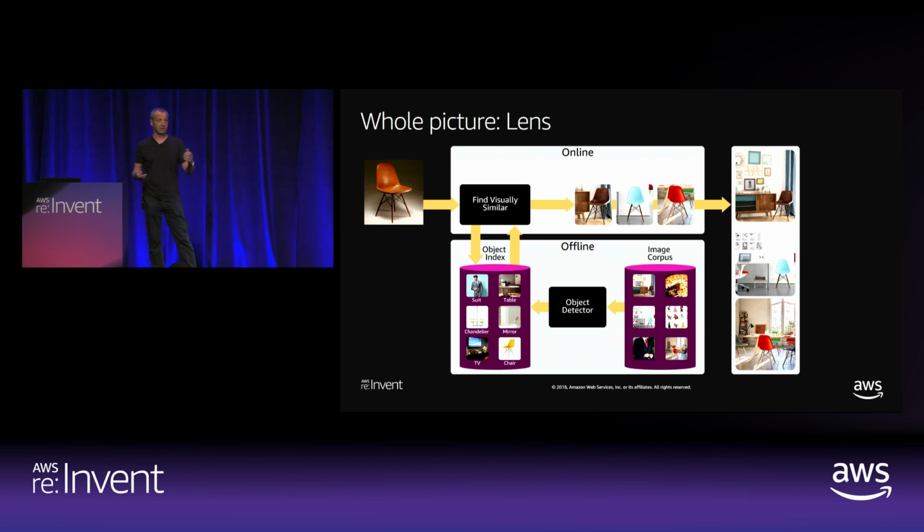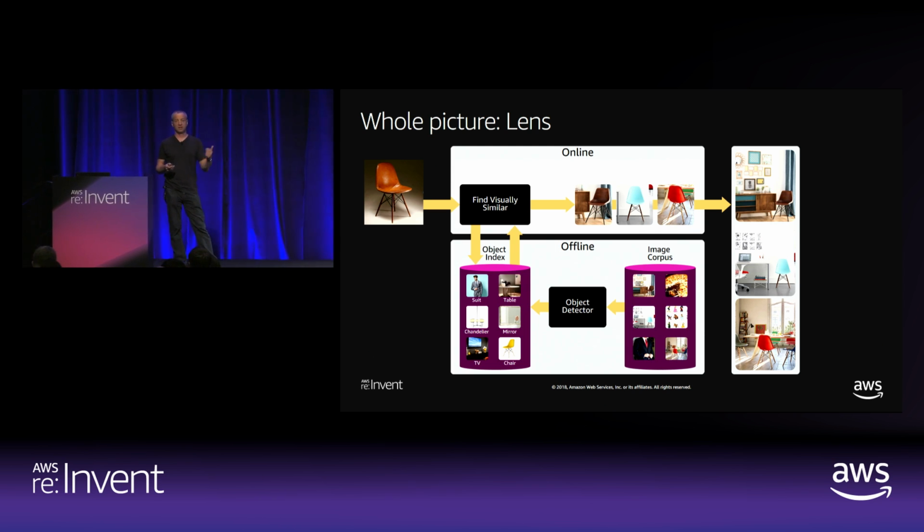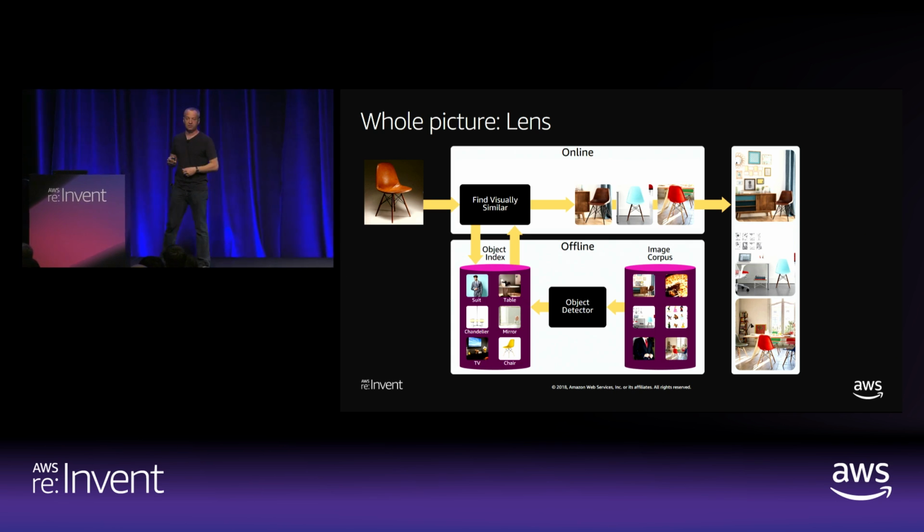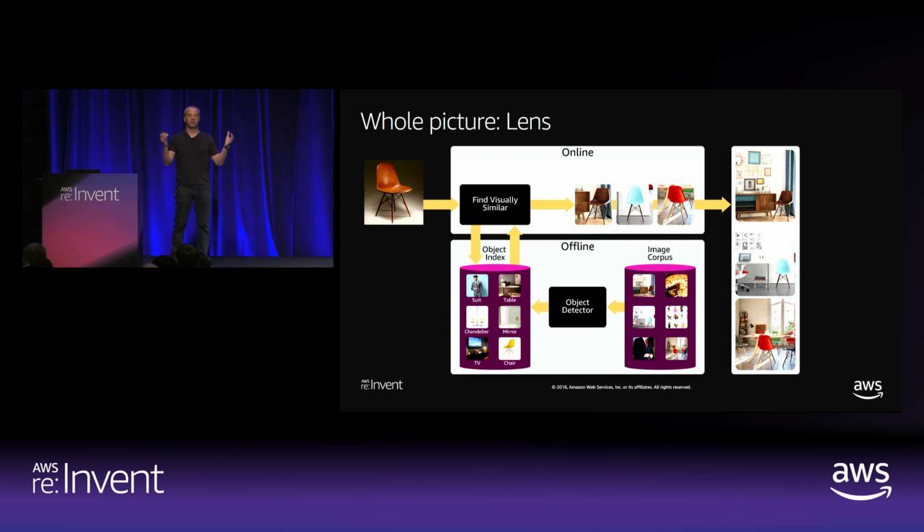And then online, when the user snaps a photo of something, we featurize that, map it to some embedded space usually, and a couple other techniques. And then we look for similar objects in our index to serve the user. So that's kind of taking the technologies and then putting them all together.